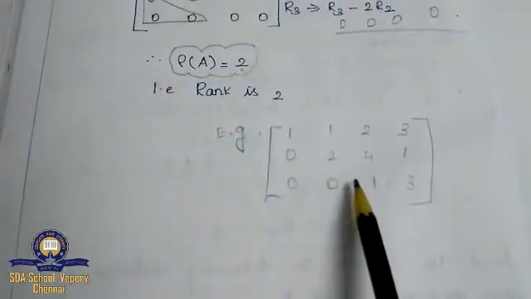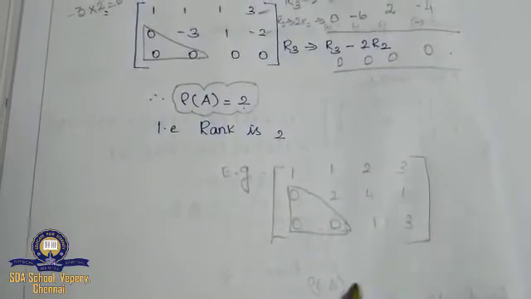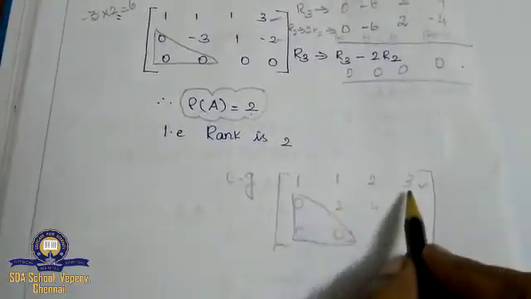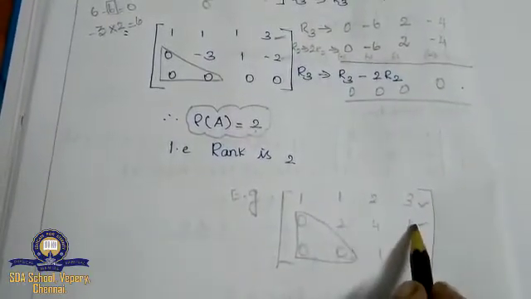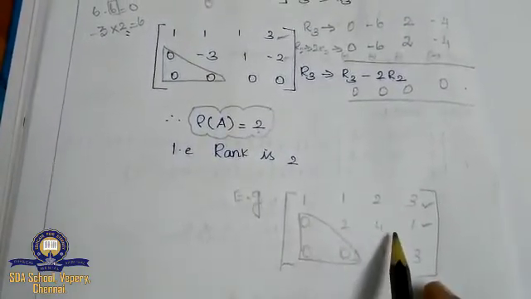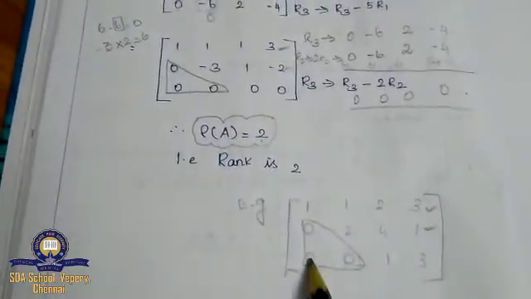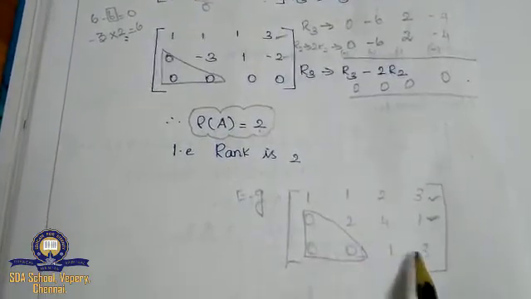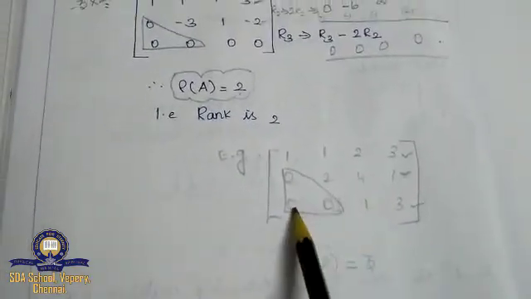If I take this value, I got the triangle part as 0. So now what will my rank be? Here I don't have all the elements as 0. There is some element other than 0. And here also I have elements other than 0. Only one 0 doesn't matter. I should not have all the elements as 0. Here it is only one element, so here also 1. And here it is 2 zeros, but I have 2 more elements without 0. So here it is 1, 2, 3. Therefore my rank is 3. I should not have all the elements as 0.